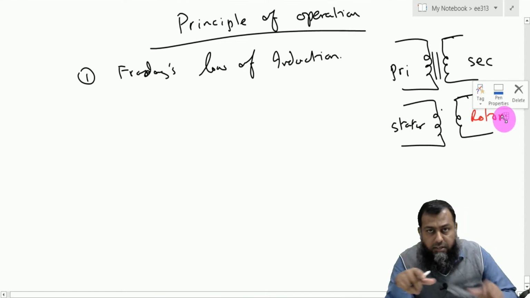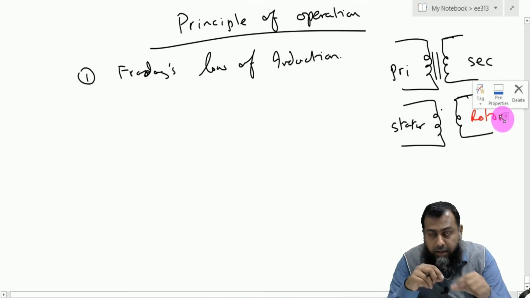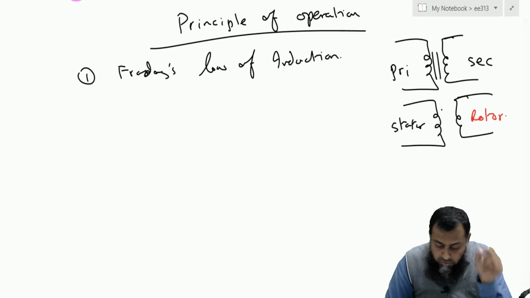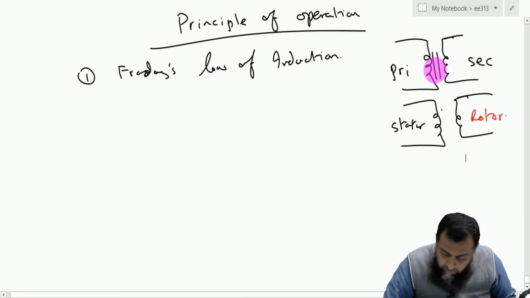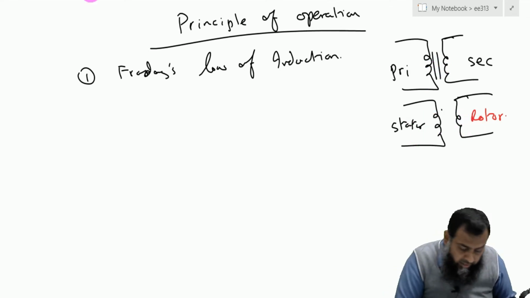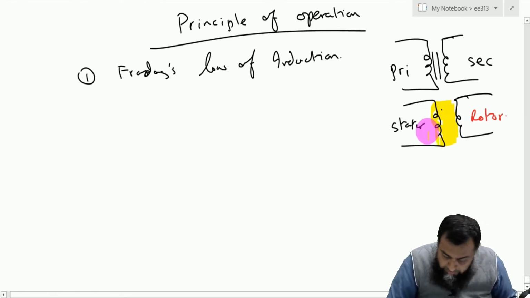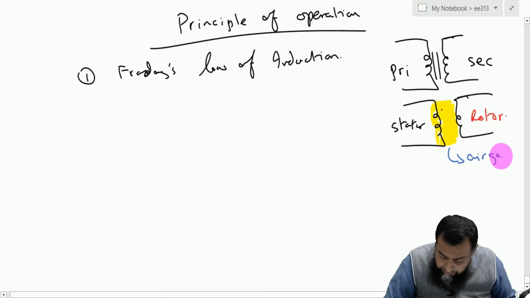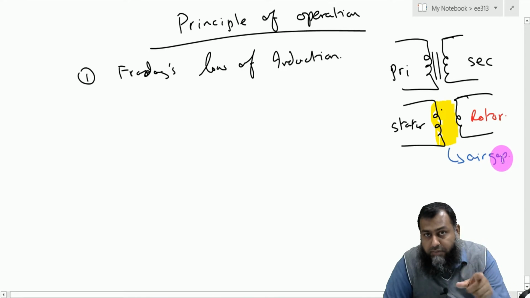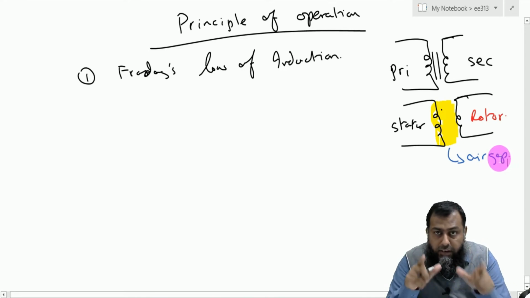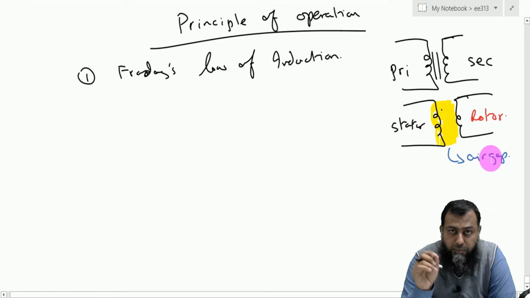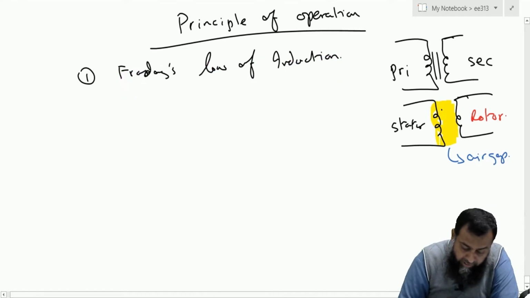Now, apart from this simple principle of operation, there are a lot of things which are different in the induction motor. The first concept is that instead of having a magnetic core linking the primary and the secondary winding, between the stator and the rotor we have this part, which is known as the air gap. It is present in between the stator winding and the rotor winding. So this is the first difference between the transformer and an induction motor. Apart from that, the principle of operation for both is exactly the same, that is Faraday's law of induction.